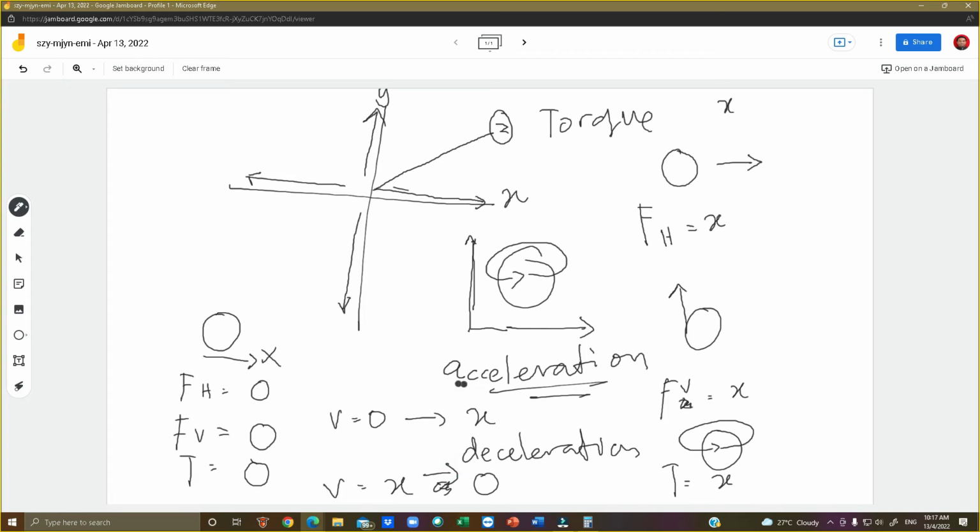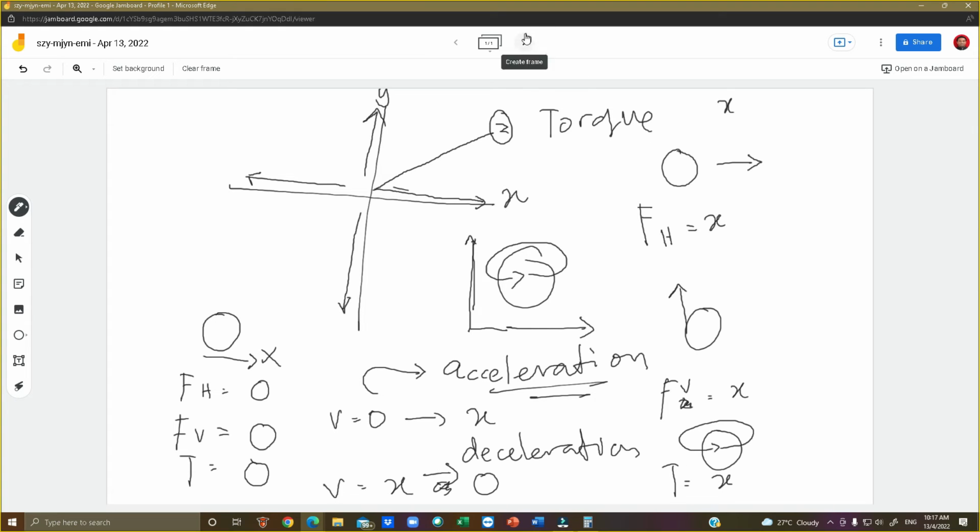Meaning it can change, and this change occurs due to acceleration. Jadi kondisi biomekanik, kondisi mechanic of motion ada dua je, whether there are no change or there are change. If there are changes, means there are movement and it is caused by acceleration. Okay, faham dua kondisi tu dulu, kondisi static, kondisi dynamic.